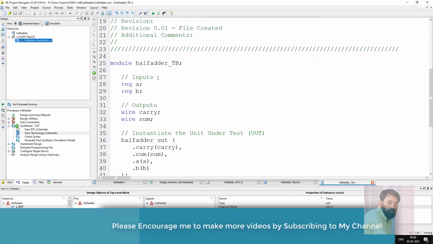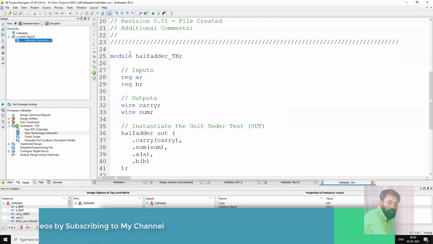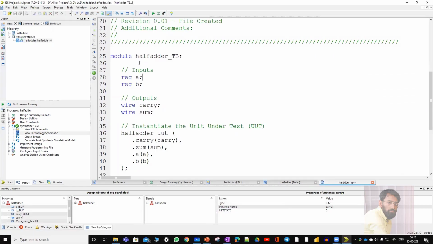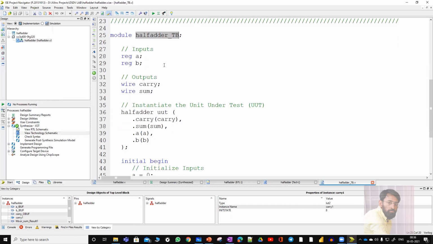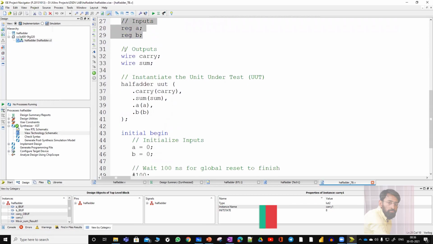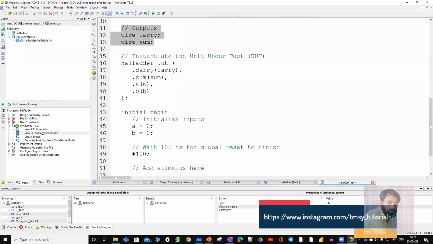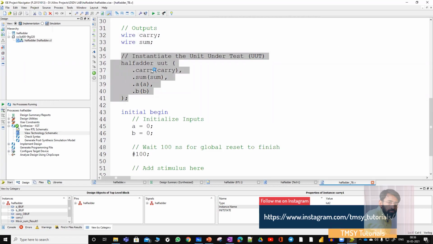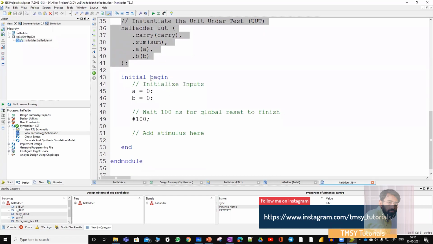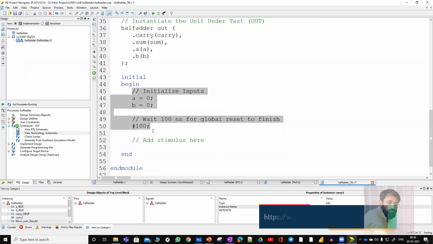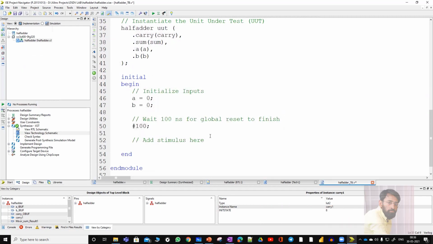Here we have to write our test bench, which means we need to give our test vectors. This is the module, and this is the name which I have given, half adder underscore TB. Here inputs are treated as registers, outputs are treated as wires, and this is the unit under test, the particular module for which I am writing the test bench. Next comes initial begin, and in this portion you give your test vectors. Test vectors are the values you can directly give based on your truth table.